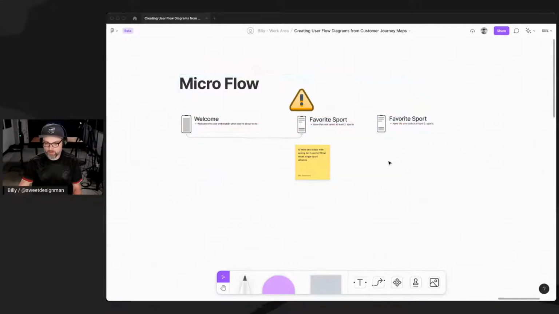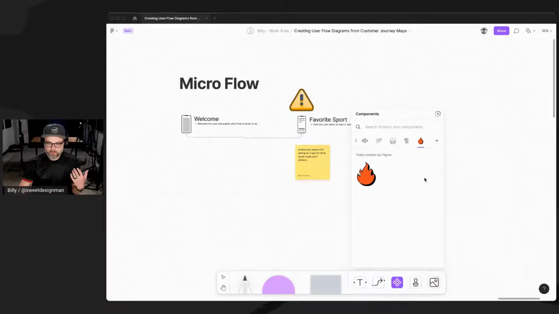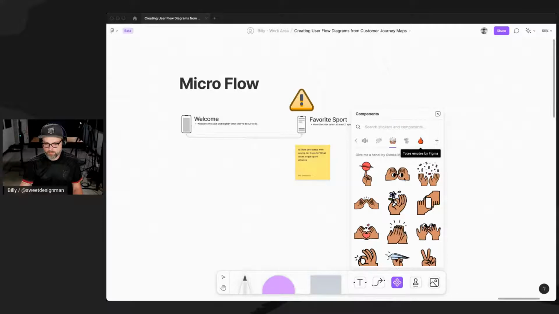And actually, we're going to delete this because I'm going to show the other way to bring in your components here. So if you make components in FigJam and you share them,